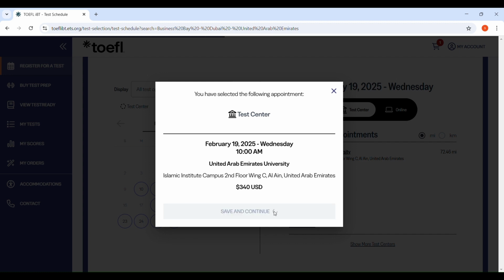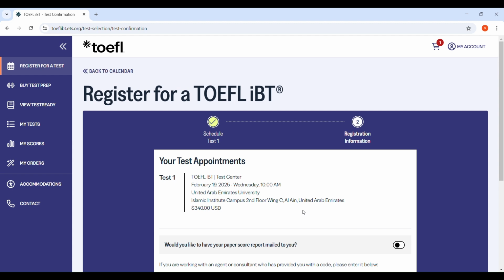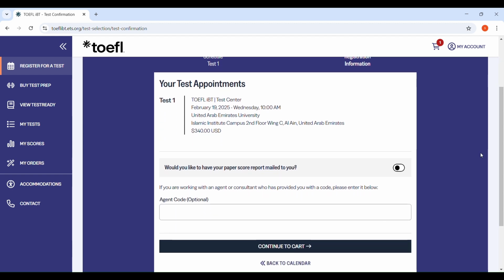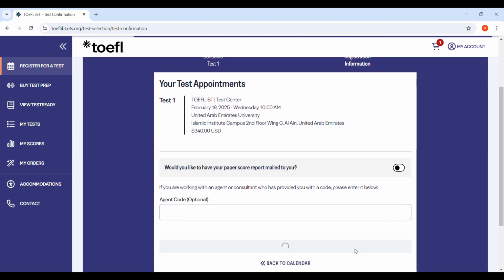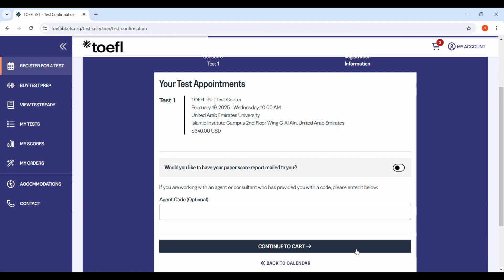You will then be directed to a page where you can enter your agent code if you have one. This would be a discount code shared by your agent. In my case, I do not deal with an agent, so I'll proceed with confirming my details and continue to